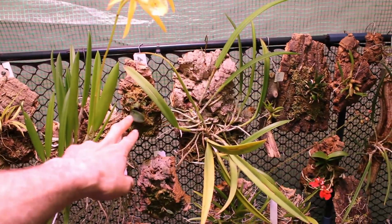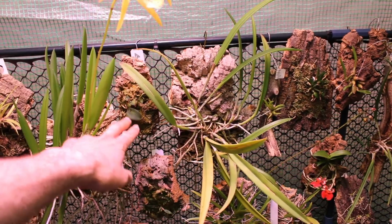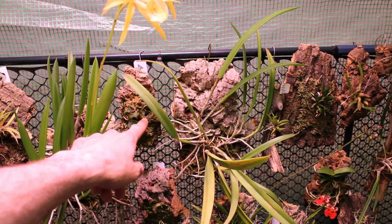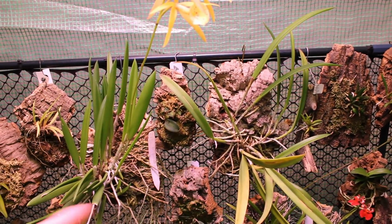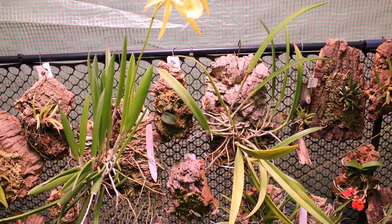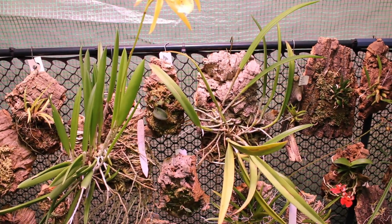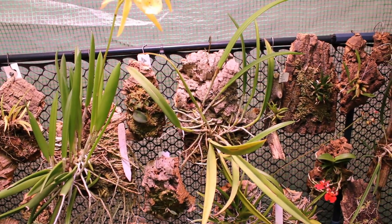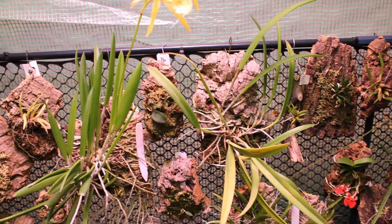Back here, it's my Sophronites Manticore, and it opened up this most recent leaf very recently. It's still not even fully open yet, and within it, it had this little nubbin. That was a few weeks ago. I haven't paid close enough attention to this plant. Coming through here, I spray it down here and there. I noticed this little nub was getting a little bigger and a little bit bigger, and it did form a